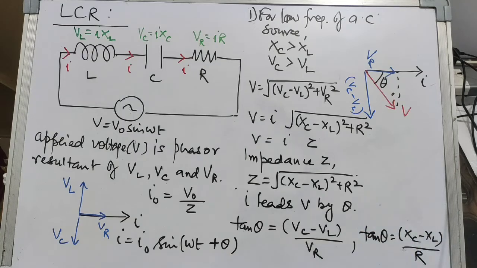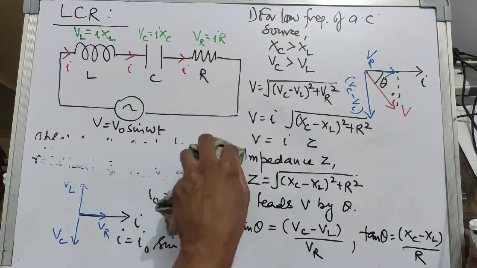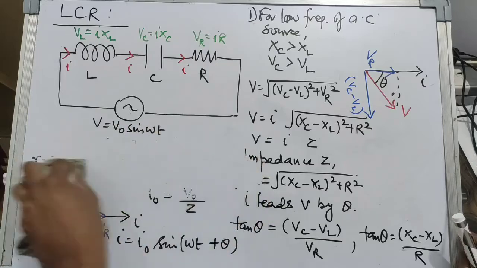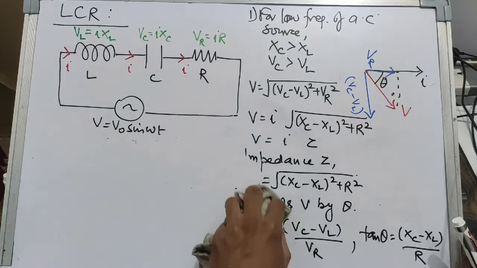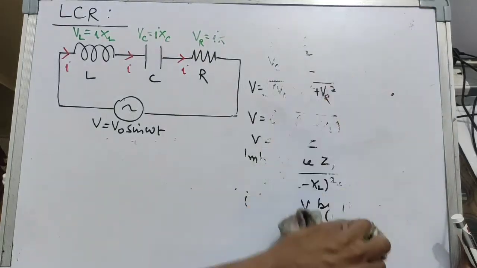This is the first case, that if the frequency of the AC source is quite low, then in that case we find that the current leads the voltage by an angle theta, the impedance is this, so everything is found out very easily. If the frequency of the AC source is high,